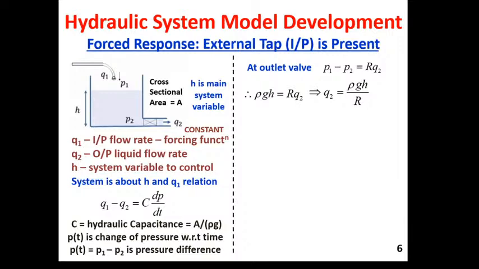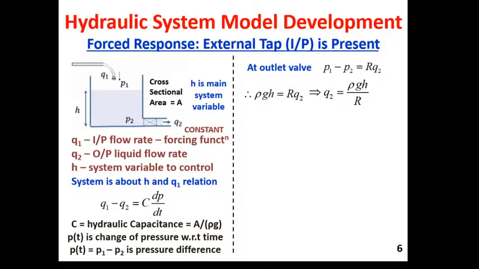So the less the hydraulic resistance, the more the outlet fluid from the system. Same as in an electrical circuit, the less the value of resistance, the more the current. So Q2 is equal to rho GH divided by R. In this case rho, G and R are constant, and H is a function of time, and Q2 also is a function of time. The T is not shown in this equation; we have only shown Q2 is equal to rho GH